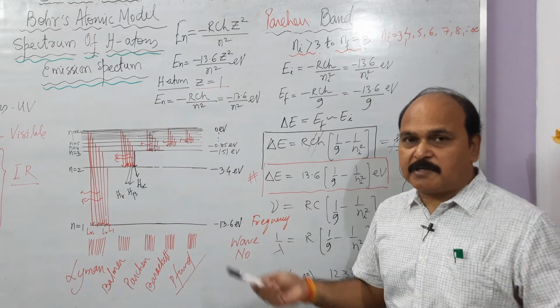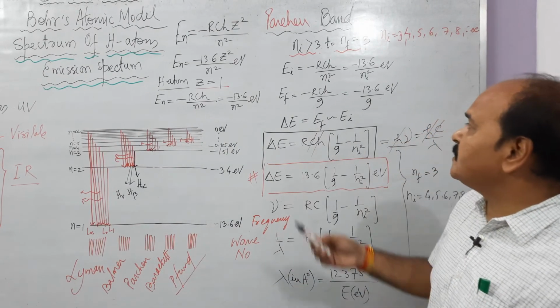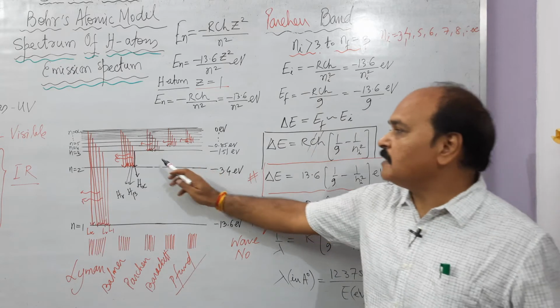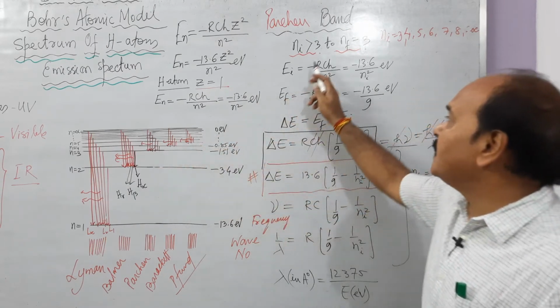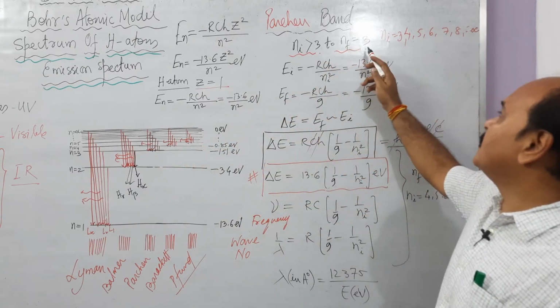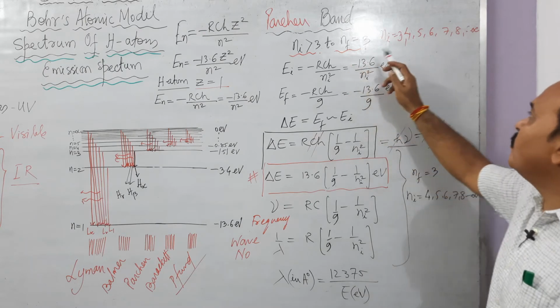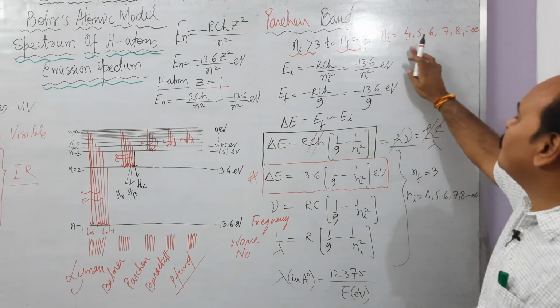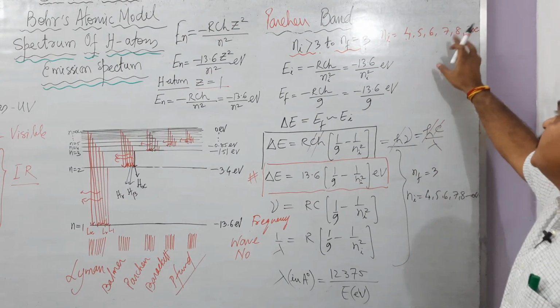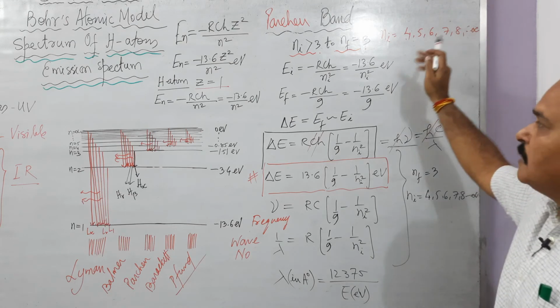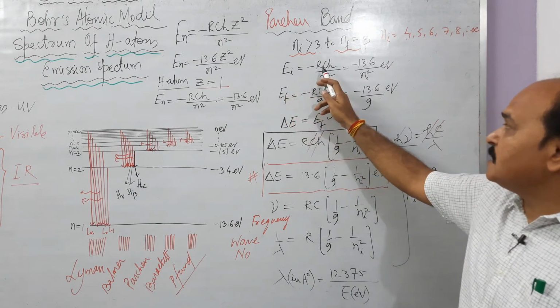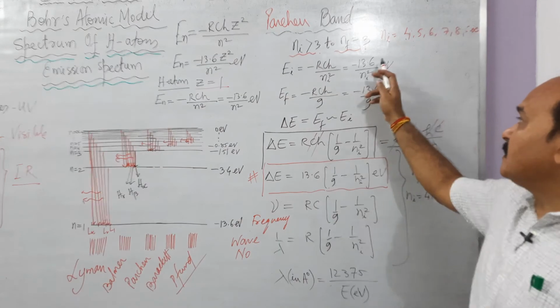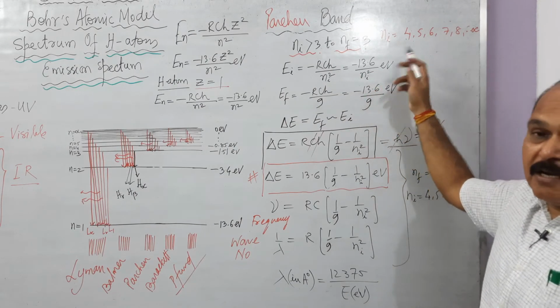Likewise in the Paschen band, children, the transition takes place from any excited state to state number 3. So Ni greater than 3 to Nf equal to 3. Ni has minimum value as 4, and then 5, 6, 7, and so on up to infinity. As usual, the energy of the initial state is minus RCH upon Ni square, minus 13.6 upon Ni square in electron volt, and